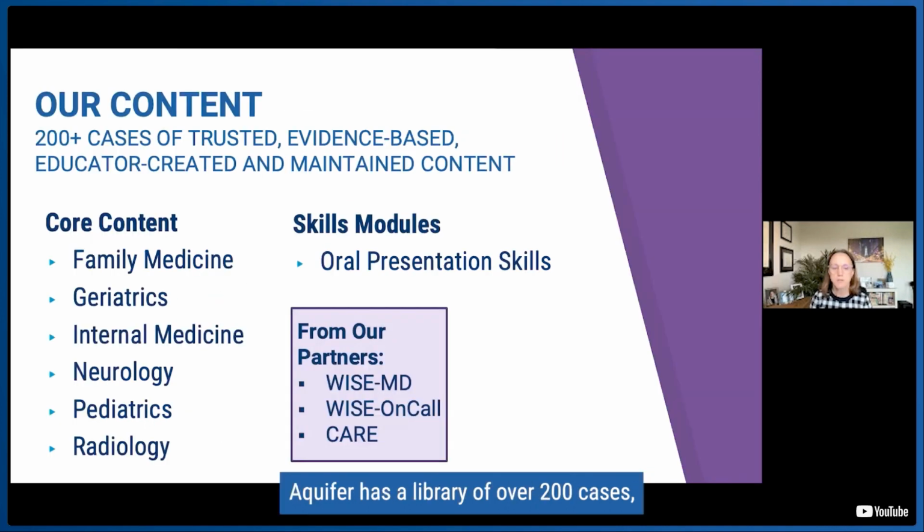Aquifer has a library of over 200 cases, including our new neurology course, expanded clinical excellence case sets, and over 40 sciences integrated illness scripts. If your program is a curricular partner, like over half of our subscribers, you have access to our complete content library. Our curriculum covers the national curricula and supports a majority of core clinical rotations, all of which use the